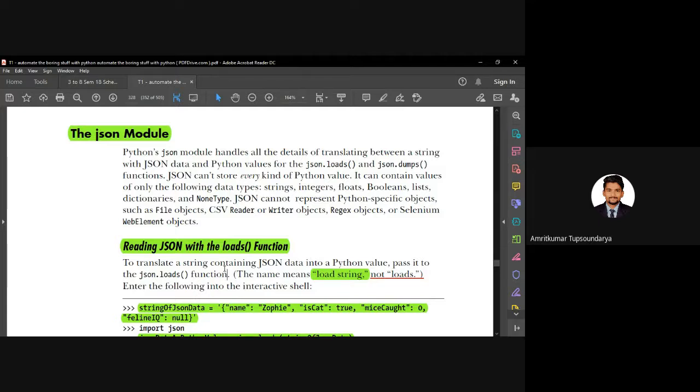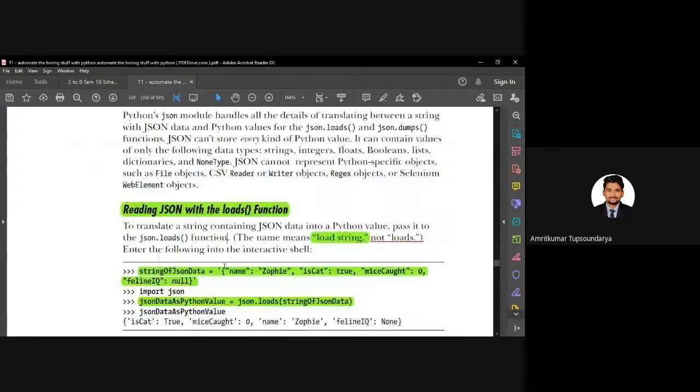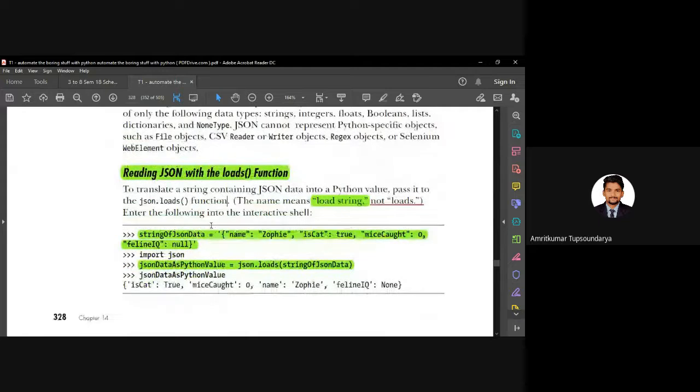Anyways, let us go ahead and see how we read the JSON data. Let us first see the string of the JSON data itself. We will take the same example so that it becomes easy for you to understand. The string of our JSON data is: the name Zophie, is cat true, mascot 0, lion IQ null. Like any other module, we have to first import json.